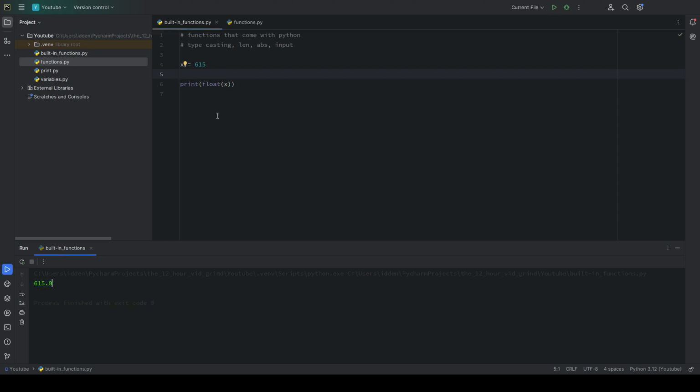Now here's the thing about float. It doesn't add any cool extra decimal places. It doesn't add some random numbers. All it really does is just put a 0.0 after it. So float is really nothing special, but float could be useful in some cases, especially when it comes to division